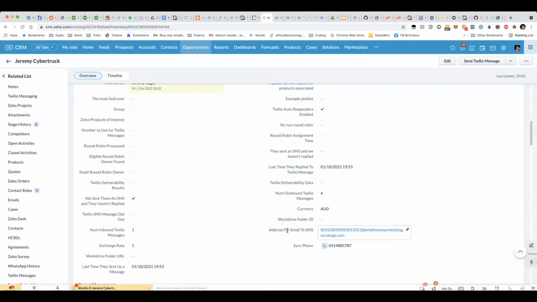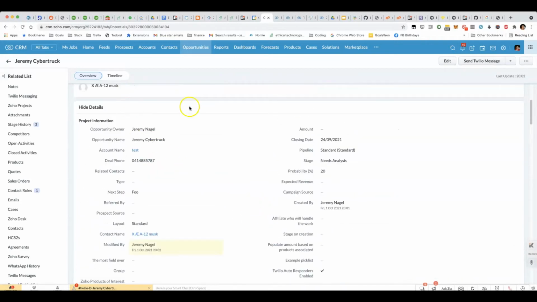And when that is used, if you send anything to that email address, as long as the address you're sending it from is allowed, we base that on any CRM user is allowed to send a message to that email, then that email will be converted into a text message and it will be sent to the phone number connected to that, in this case, that deal,